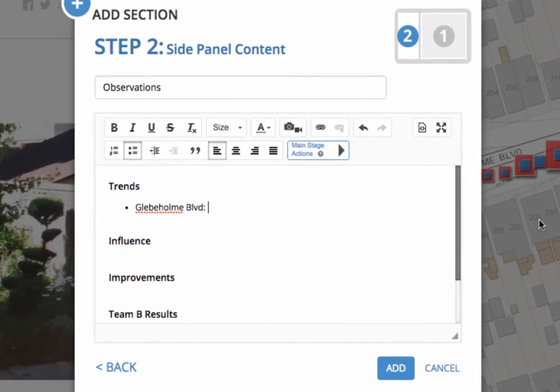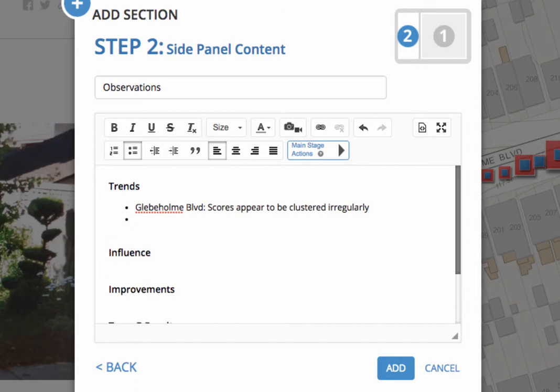What we'd want to type here, in this case for Glebe Home, scores appear to be clustered irregularly. Do another bullet. And our next street is